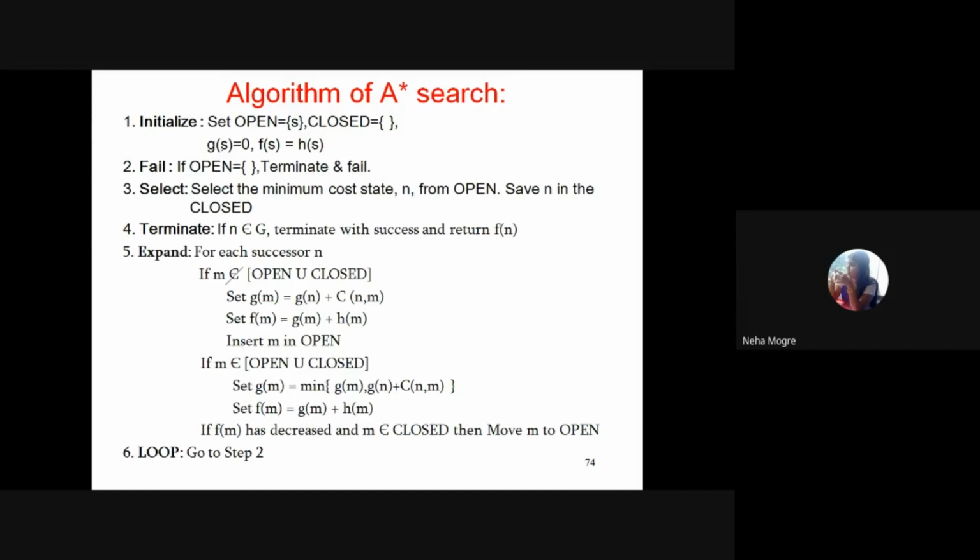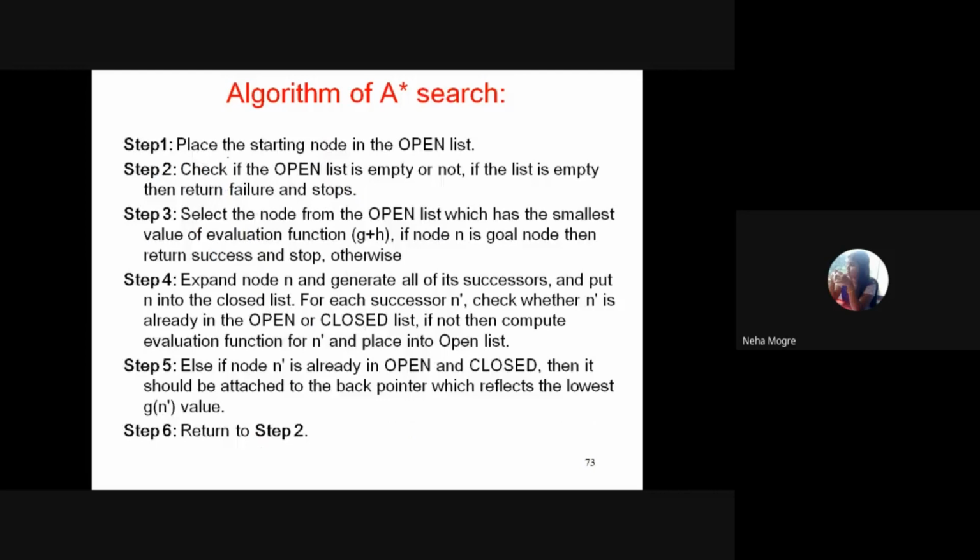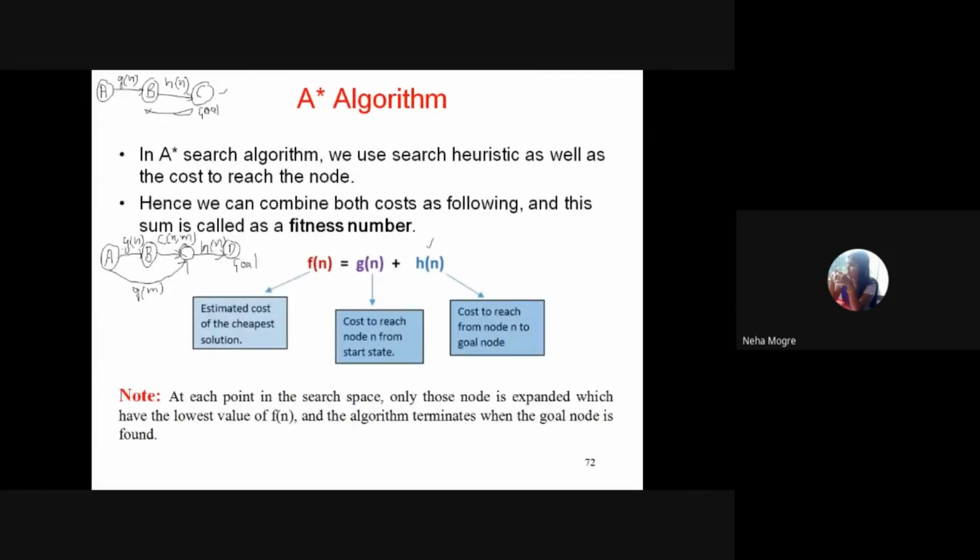Then we find the G of S value, and we will find the F of N value. So in this example, can you tell me the G of S value if A is the start node? What will it be? 0, because from start to start you don't have any distance, or there is no cost calculation. From the same node to the same node, there is no cost calculation. That is why from A to A, the G of S value will be 0.